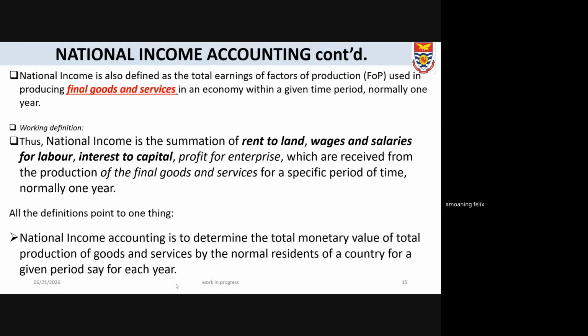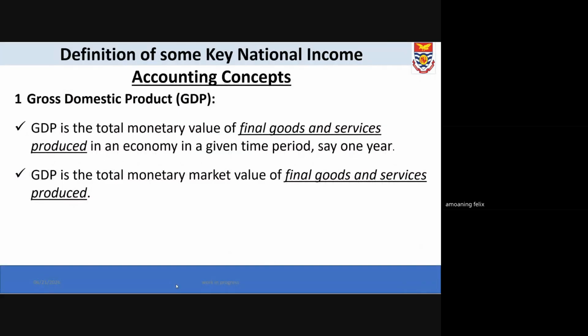And there are some terminologies or definitions that we are going to look at particularly. So when I told you about national income, we mentioned some various terminologies as and when we started explaining our national income. We mentioned final goods, we mentioned the monetary value and other things. So let's look at what we use to measure our national income. Now, one of the things we use to measure national income